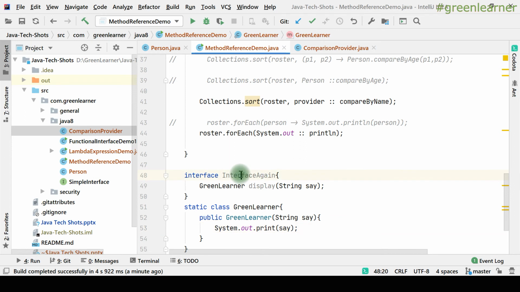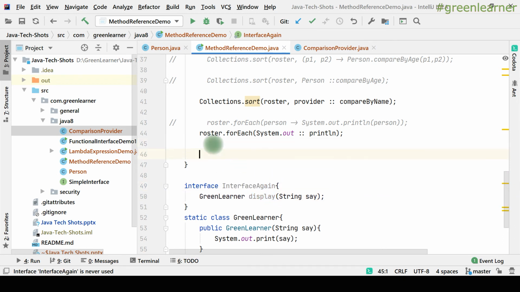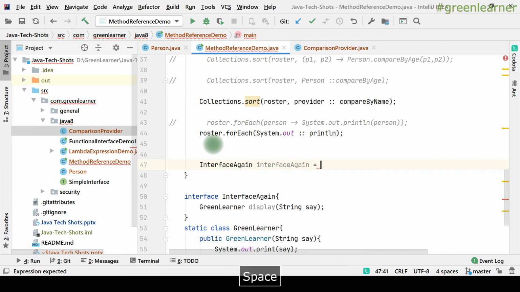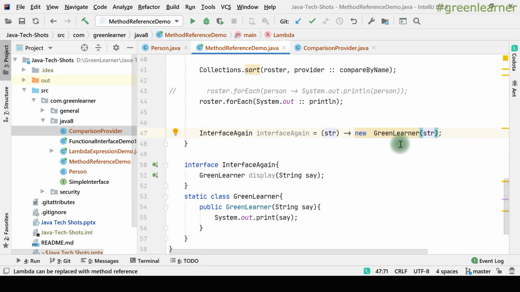If I want to use this interface in our method, I want to use this display here. How can I instantiate this one? You know the interface and the lambda expression. Here you have to pass one argument, and here you have to create the return type that it is holding, new GreenLearner, and return that, str.